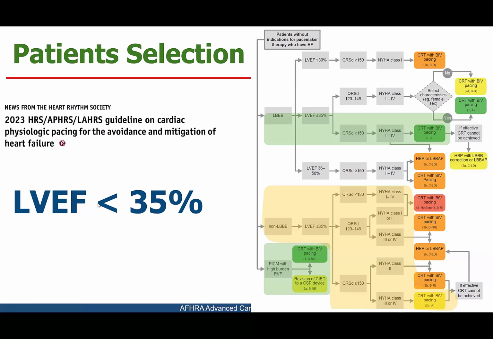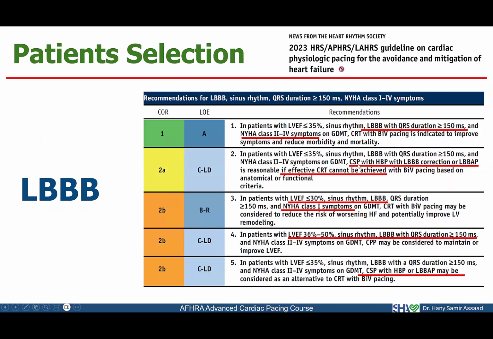So the guidelines said in left bundle branch block morphology, it's evident: class 1A for NYHA class 2 to 4 to have biventricular pacing. And you should consider conductive system pacing if effective CRT cannot be achieved. It's a class 2B, so you may consider